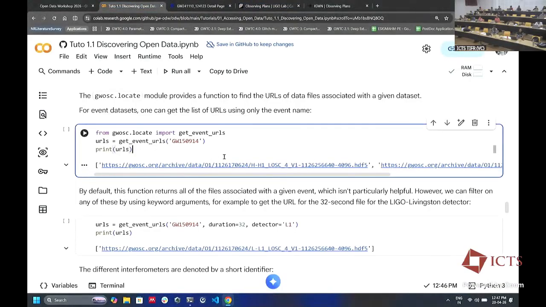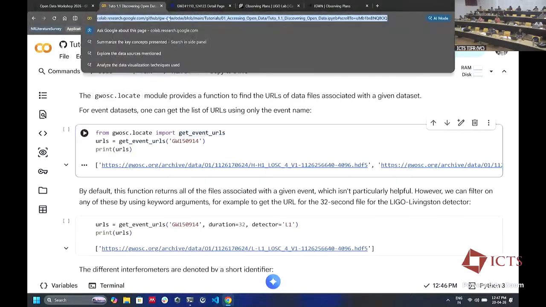But the computerized way of doing that would be to use this gwosc.locate get event URL. So URL is really a link. For example, whatever is in that bar up here is the URL. People know this basic web surfing stuff. So this is called a URL, and a download link really.